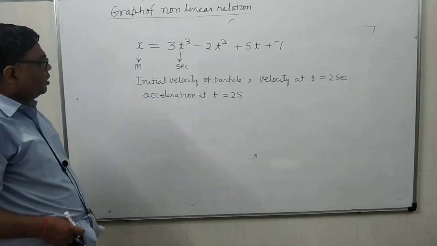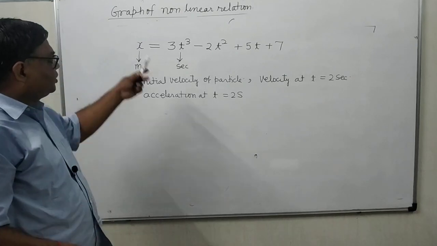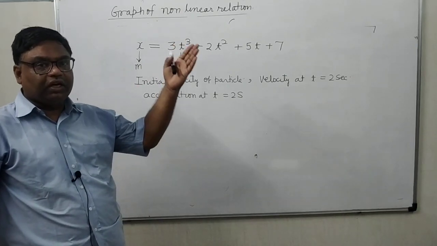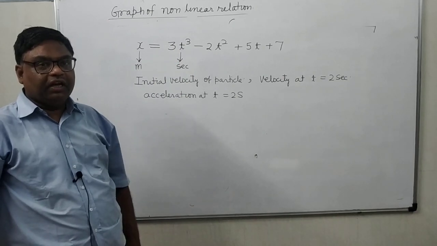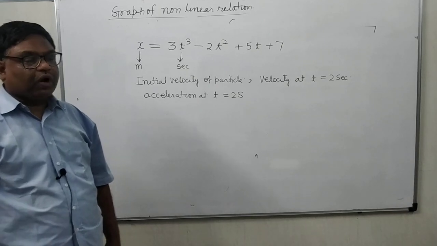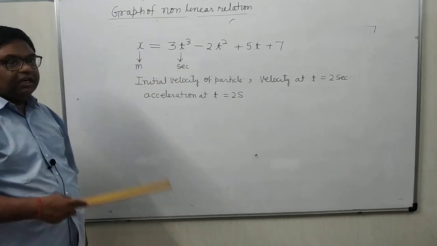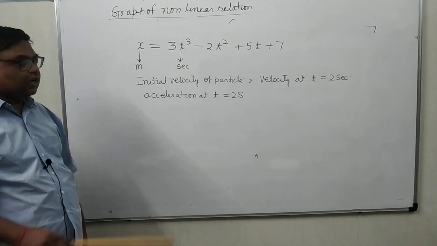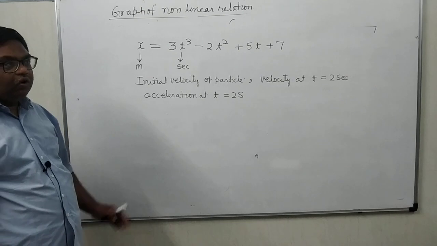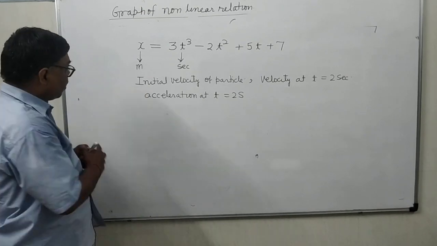It is clear? So see here, displacement is x, time is t. So what is the formula of velocity? Velocity equals delta x upon delta t. In calculus we will call it dx upon dt. And why do we use calculus? Because this is a non-linear equation, therefore the graph will be a curve. Graph of x versus t will be a curve. Therefore velocity will vary from point to point and it is varying non-uniformly here.